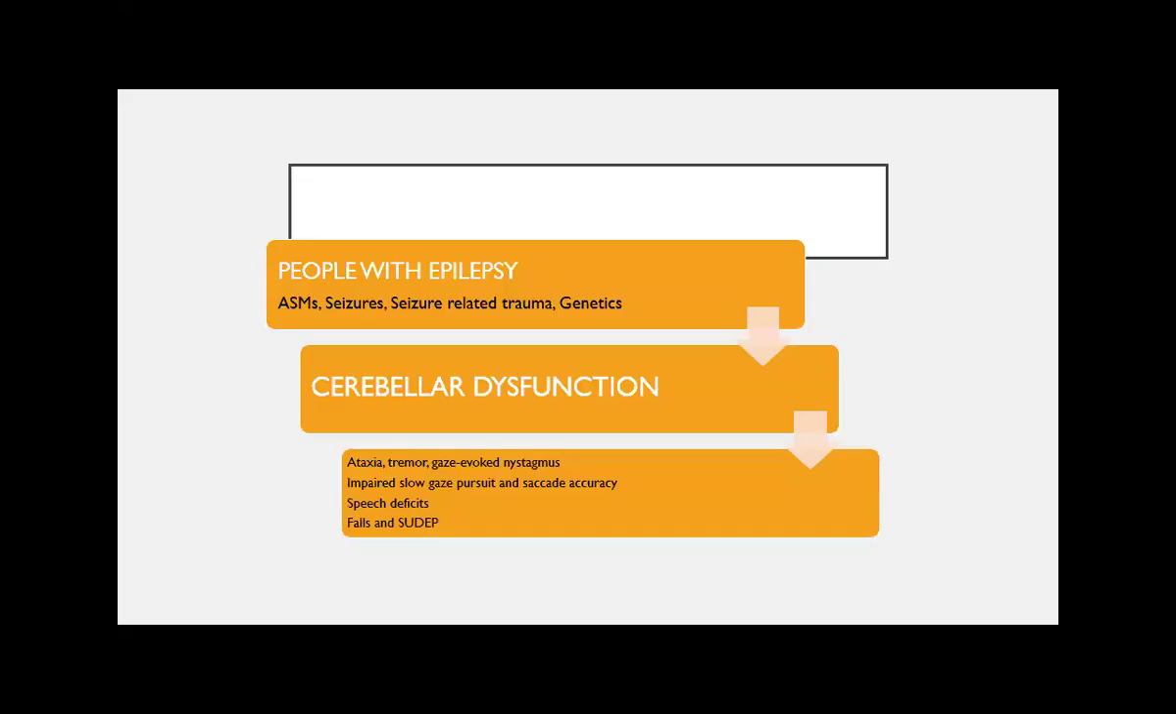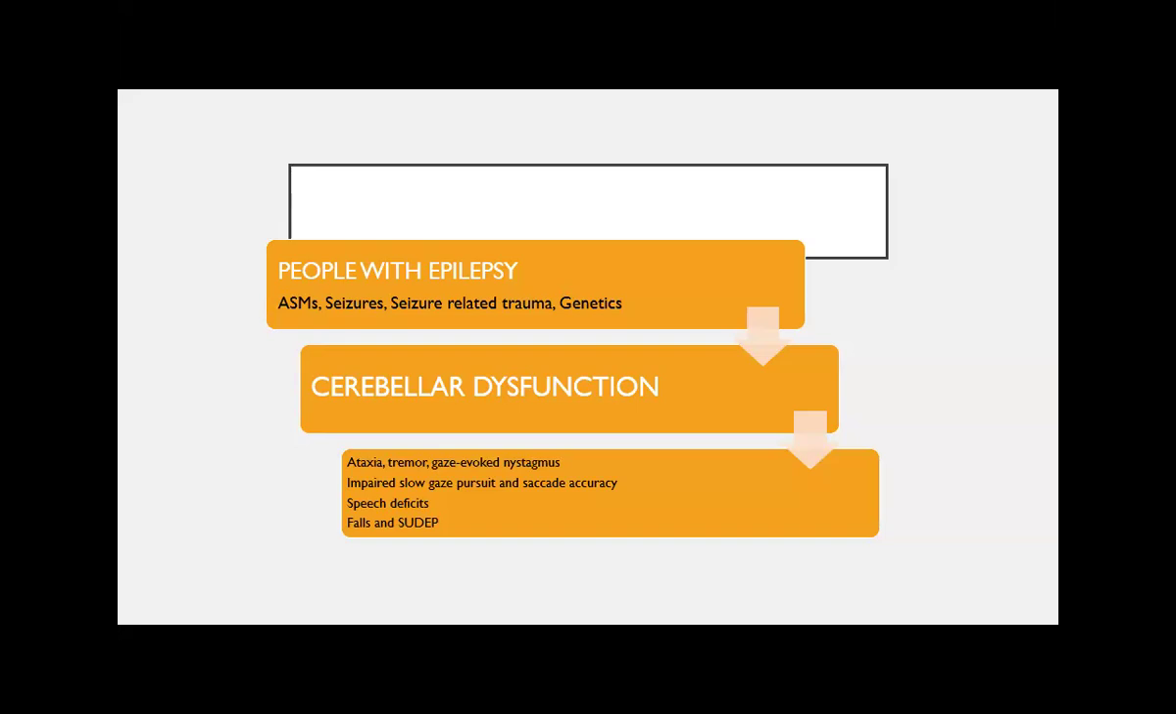So, people with epilepsy already have genetics that make them prone to epilepsy as well as cerebellar dysfunction. They'll be taking ASMs that can lead to cerebellar dysfunction. They will experience seizures, especially GTCS, or seizure-related falls or trauma. All these can contribute to cerebellar dysfunction, which can be seen in imaging, in pathology, as well as PET and SPECT